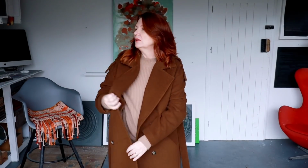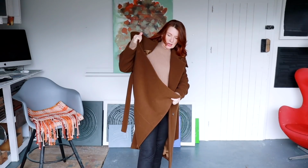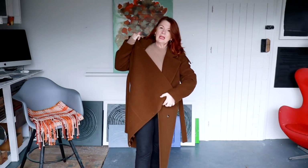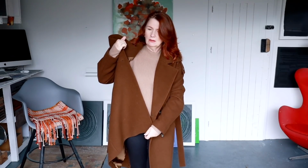The only other thing was I wasn't wild about the method for doing the very centre front section, this part. When I sewed it, I was concerned that there would be a little bit of excess bulk here, and after I hemmed it and everything and left it to drape overnight, I did actually use my stand, you know, my dressmaker's dummy for once. I left it overnight to hang, and then when I looked at it the next day, I just thought I'm